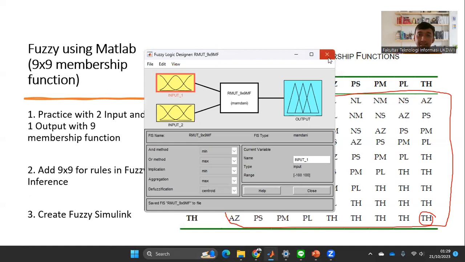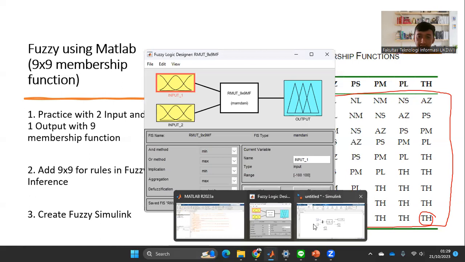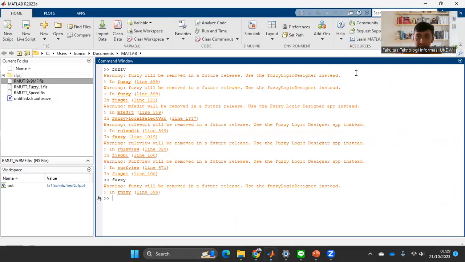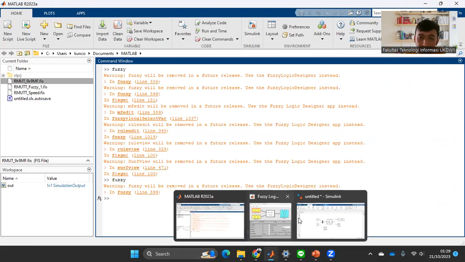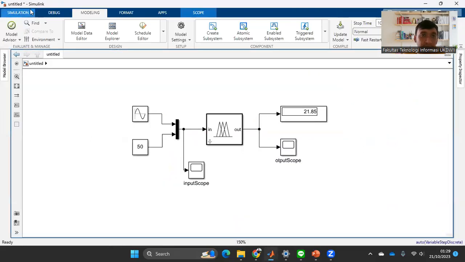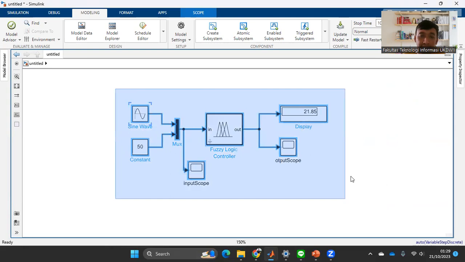Okay, after that, to make a simulation, we can go to Simulink. Please click Simulink. After we click Simulink, a new window will start, and we will create the Simulink model like this.